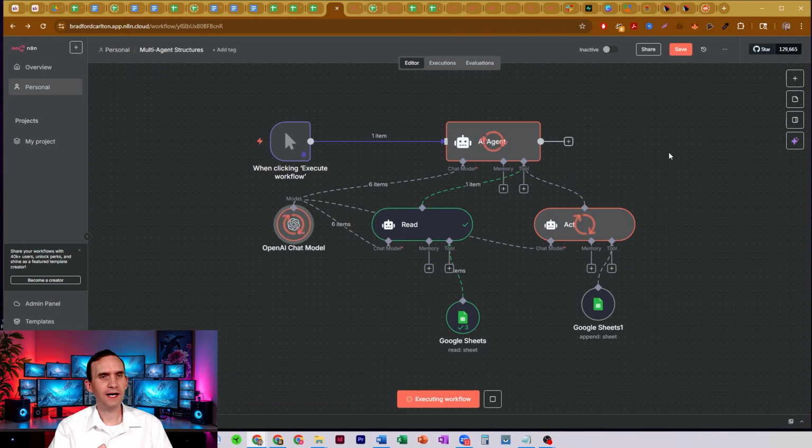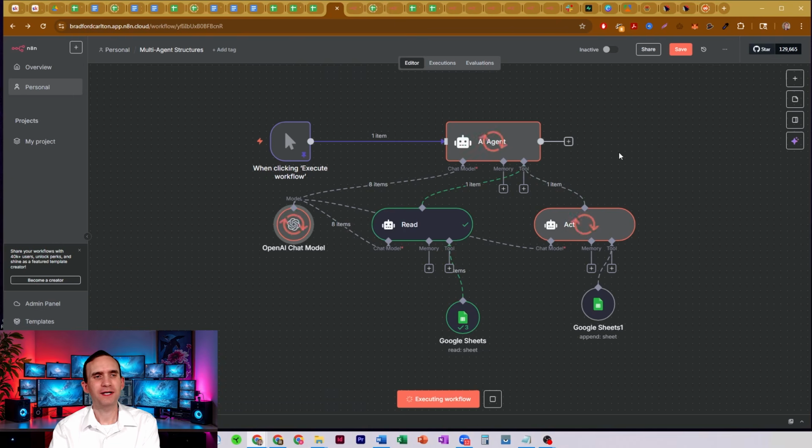Oh, it did call act. Okay, so it is trying that one. Let's see if it does it. We'll see here in a second. It should be almost done. But I haven't been able to get this to work too well with, oh, it did not call the spreadsheet. Oh, so I don't know what it was thinking. We'll get a response in a minute, but